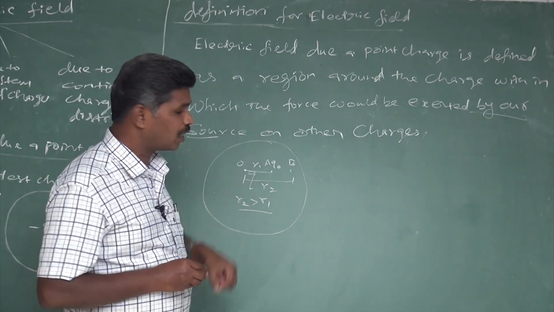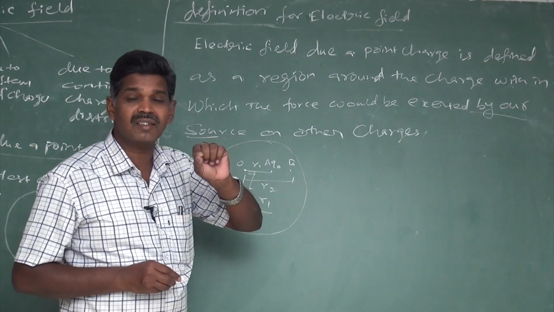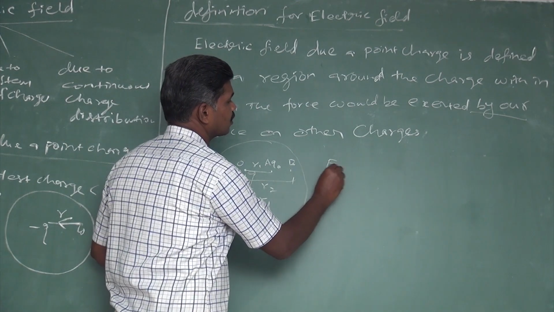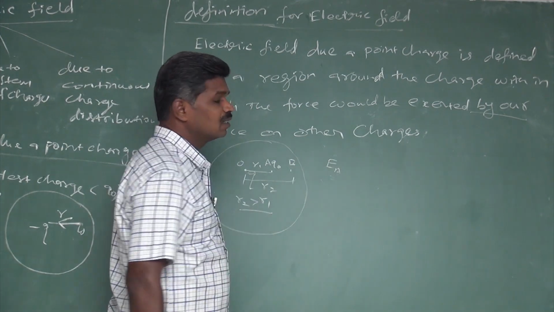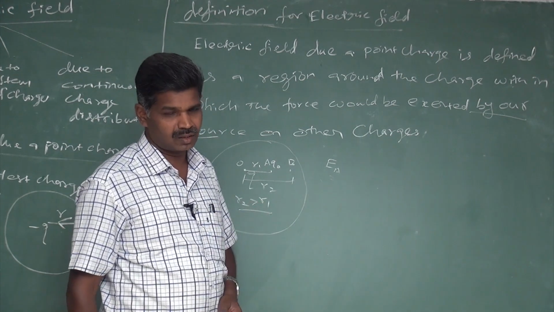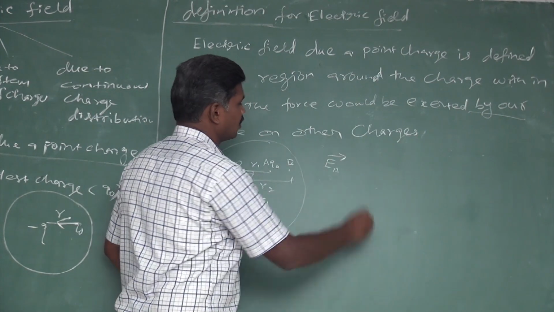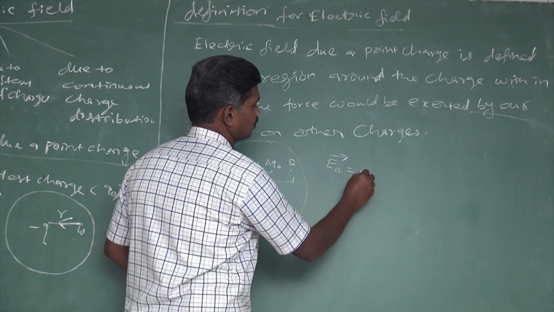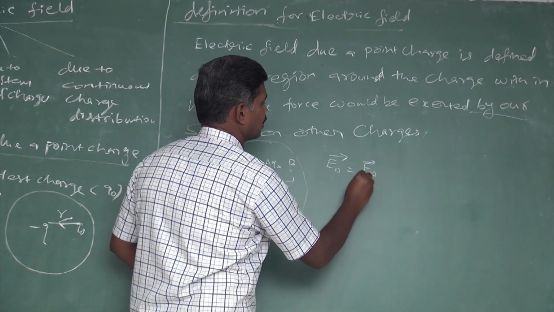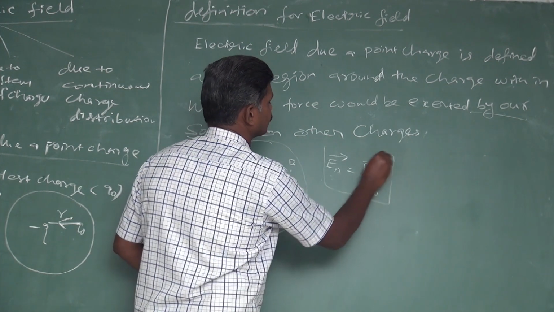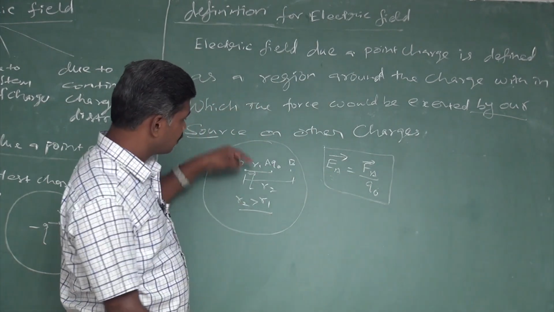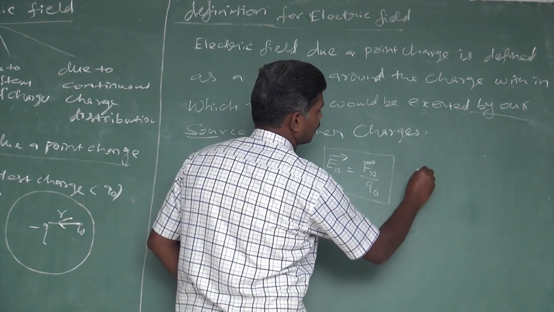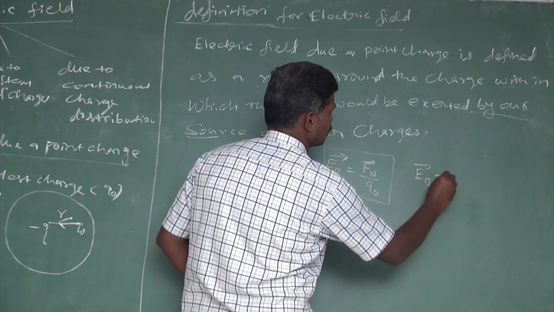Field intensity at a point can be defined based on the force acting on the test charge. That's why the field intensity at point A can be represented as EA. It is a vector quantity, that's why we are representing it in vector notation, based on the direction of the force. EA equals FA vector divided by Q naught. Then when the same charge is placed at point B, the field intensity is equal to